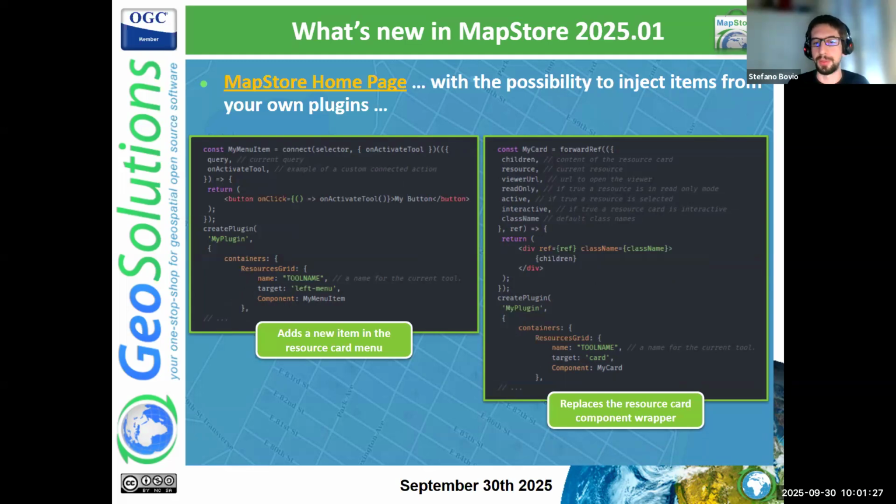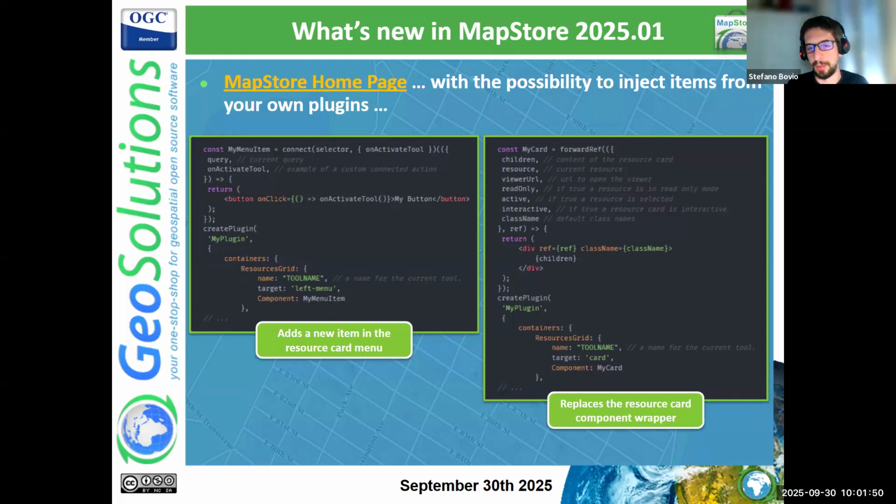The one at the top that we saw, the create new map or new dashboard, it's possible to inject a new button in that position. So we noticed that usually in the customization, these are the levels where it needs something more. So we decided while designing the new component to make these